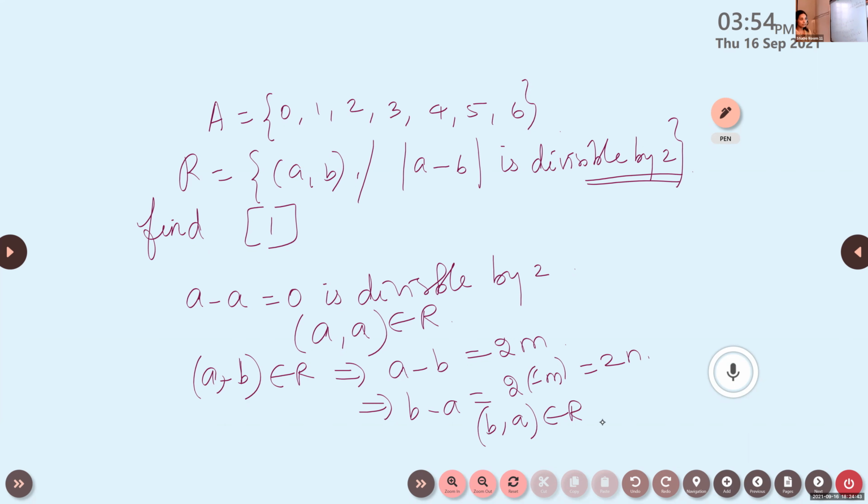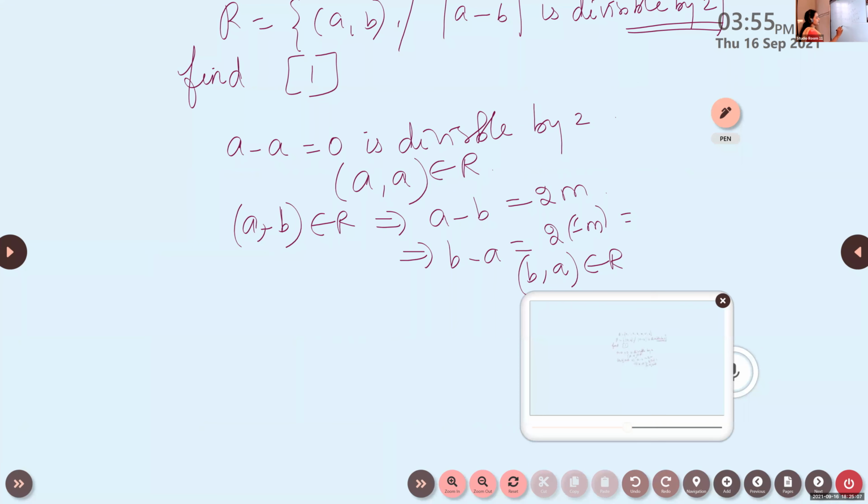Okay, learn the general proof. If it is 2, you can write this as 2m. If it is by 4, the method is the same. It is a multiple of 4 or divisible by 4. The same steps only. And look at the next case, transitivity. So (a, b) belongs to R implies (b, a) belongs to R means it is symmetric, isn't it? Therefore, R is symmetric.